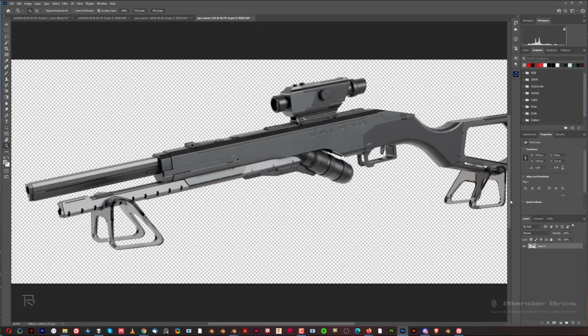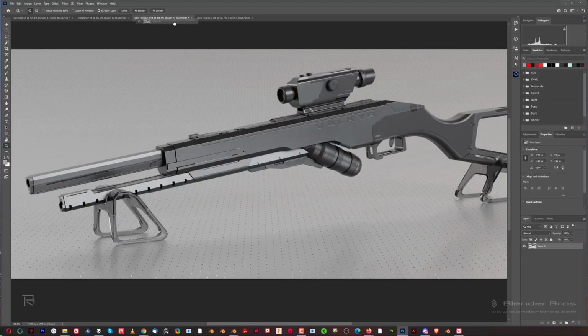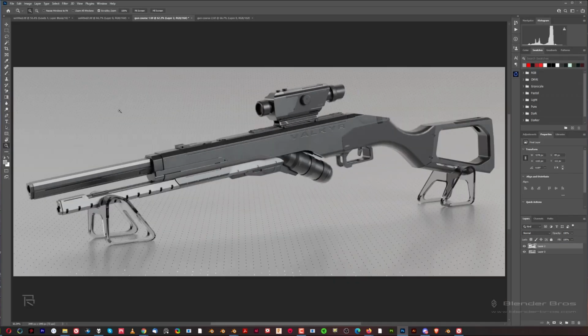So click on the one without background and drag it, and hold Shift, hover over this tab here, then hover your mouse over this image and release, okay? This will ensure that you drop an image directly on top of your original rifle, okay? Now you can see that our image doesn't fit the frame, so press Ctrl 0 and it will fit